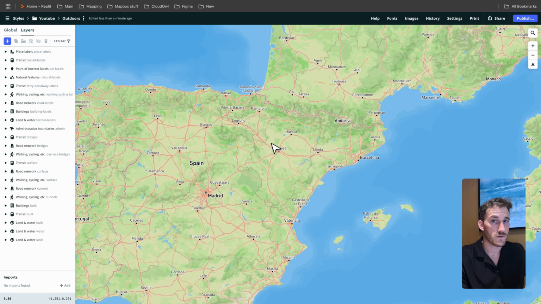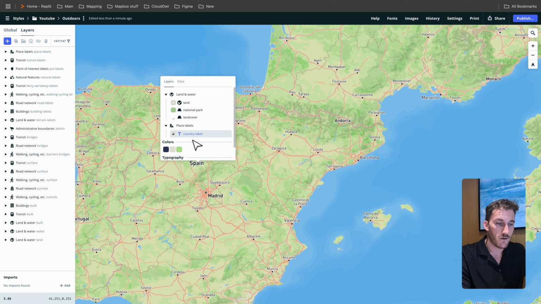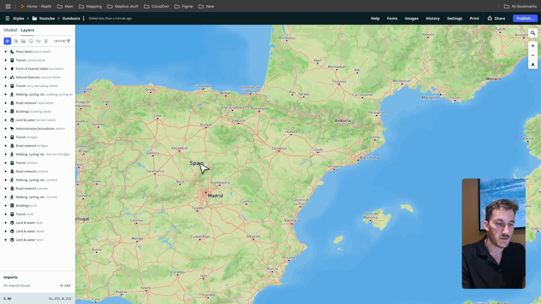Starting off in layers, we're going to go through the very basics. Let's say, for example, you want a very clean map. You don't want any labels on there. You are just using the map specifically for aesthetic purposes, and you don't want to have locations or certain things showing on the map. You can disable or change the visibility of these features by, if we just click on